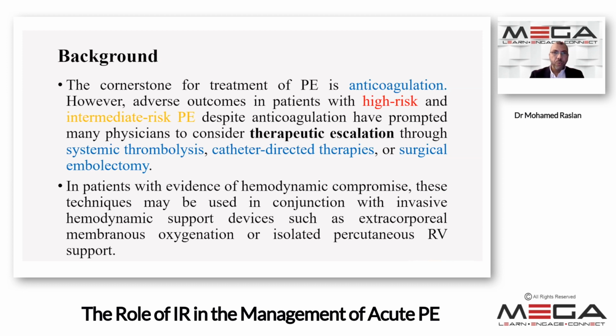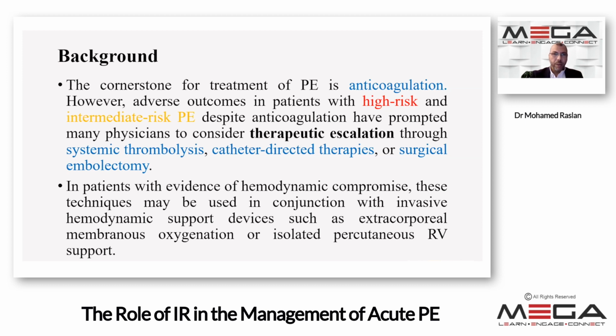The cornerstone for treatment of pulmonary embolism is anticoagulation. However, adverse outcomes in patients with high risk and intermediate risk, despite anticoagulation, have prompted many physicians to consider therapeutic escalation through either systemic thrombolysis, catheter-directed therapies, or surgical embolectomy. In patients with evidence of hemodynamic compromise, these techniques may be used in conjunction with invasive hemodynamic support devices,